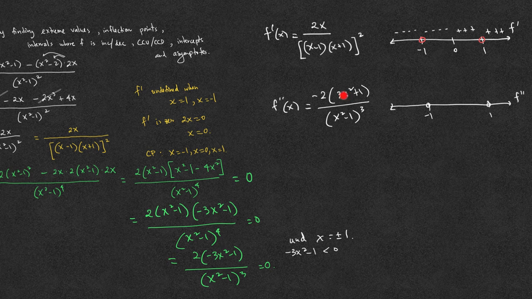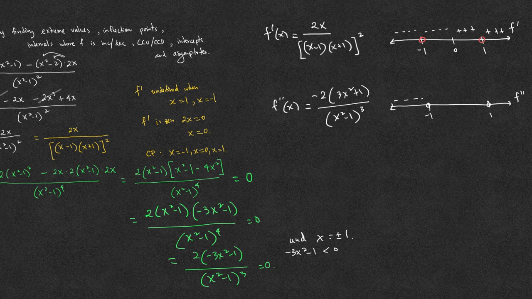Positive 4 times 3 is 12 plus 1 times negative, so the numerator is negative. We plug in -2 in the denominator. -2 squared is positive 4 minus 1 is 3. And so the numerator is negative, the denominator is positive, so we end up with a negative in the first